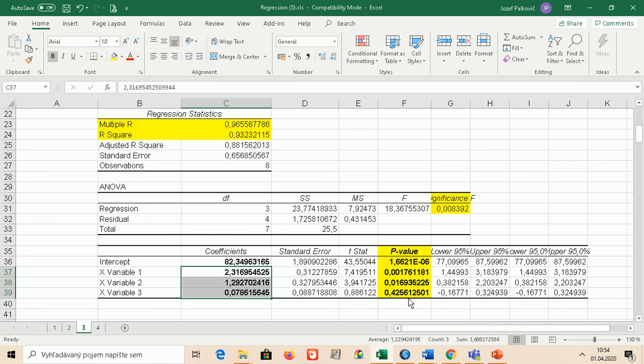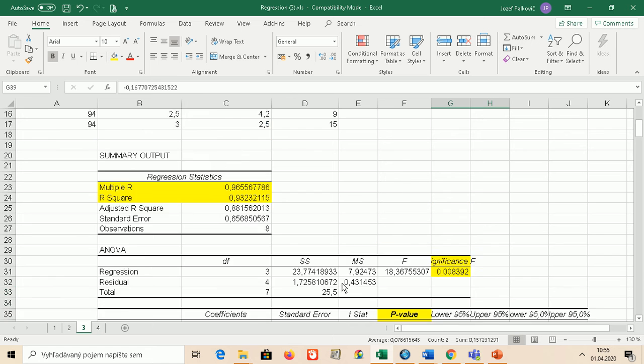What does it mean that some variable is not significant? This is the point estimate of the influence of this variable, the point estimate of the regression coefficient. Here can be found the interval estimate, and you can see the interval estimate of this parameter could be from minus 0.17 to 0.32, which means that it's possible that the regression coefficient could be equal to 0. If the regression coefficient could be equal to 0, then there is no influence of this variable on the dependent variable, and we can simply remove this variable from this regression function. So